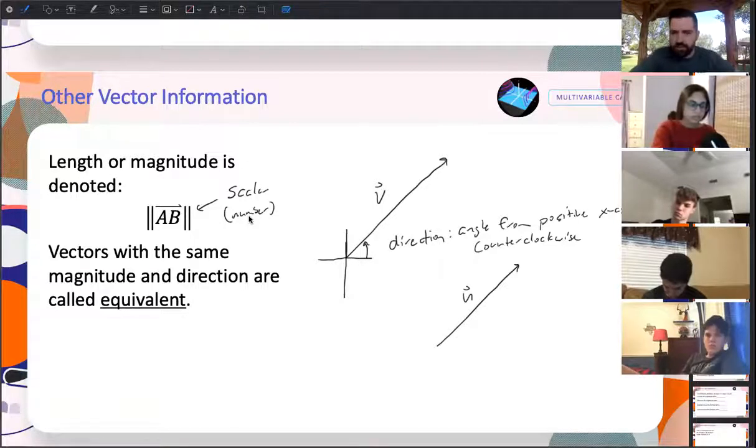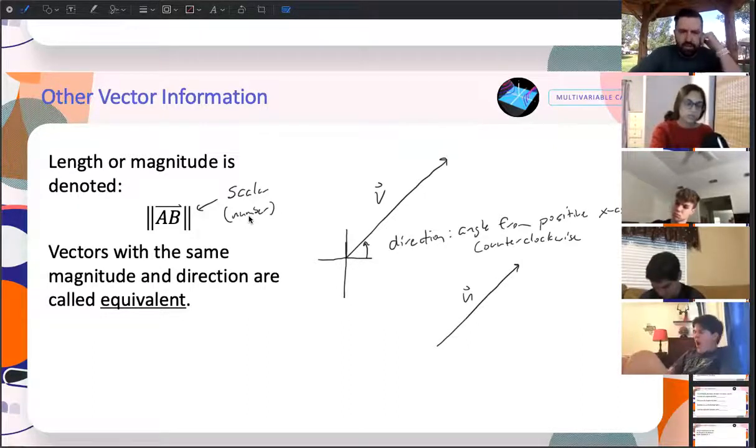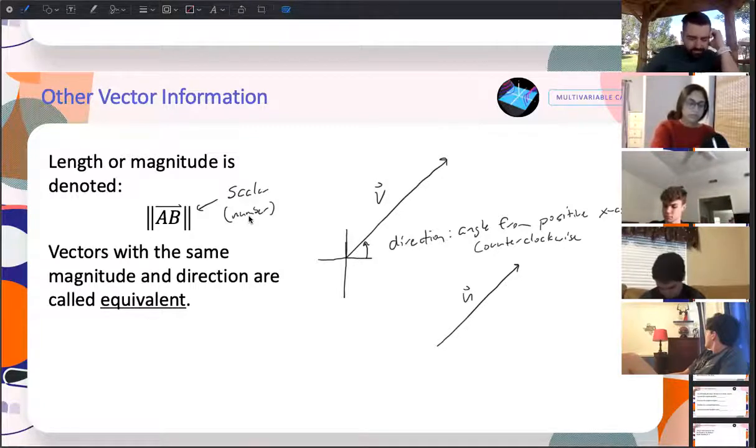So it might be 20 degrees. We're saying then it's 20 degrees or 180 degrees or whatever. If it's specified in another way, it can be. Sometimes I use north, south, east, west if you're talking about objects actually traveling. But typically we talk about it as an angle from the positive x-axis counterclockwise unless it's specified otherwise. Okay.